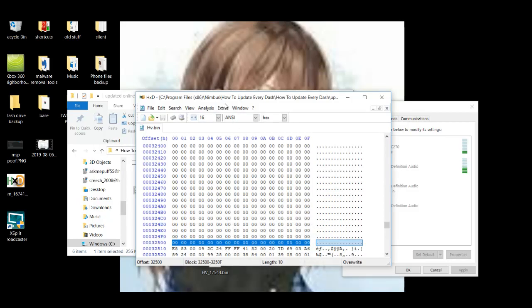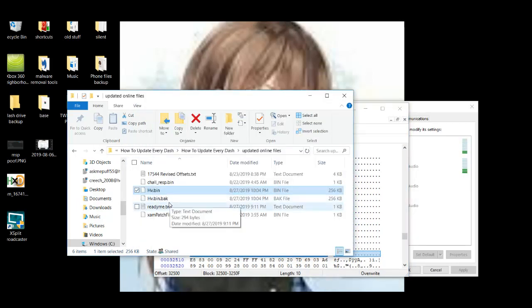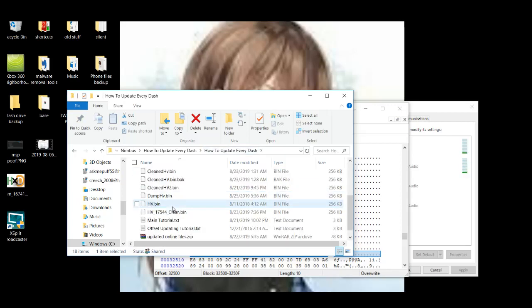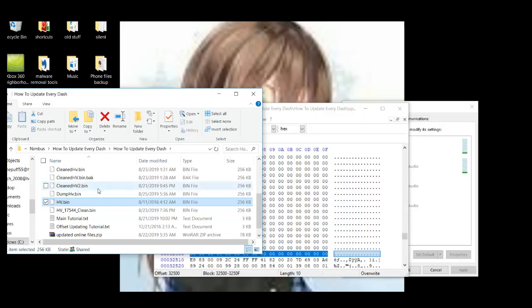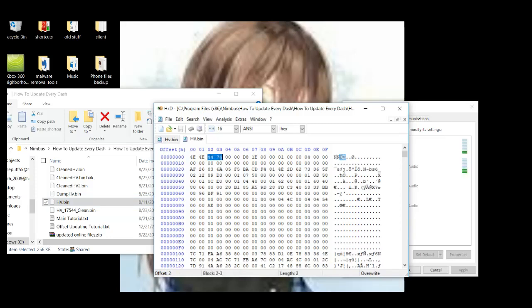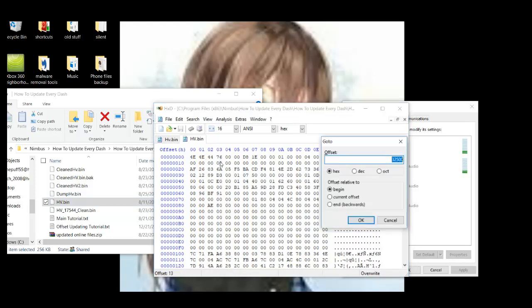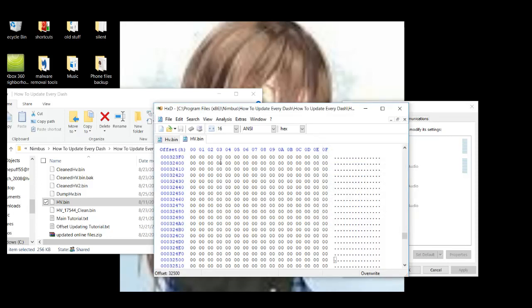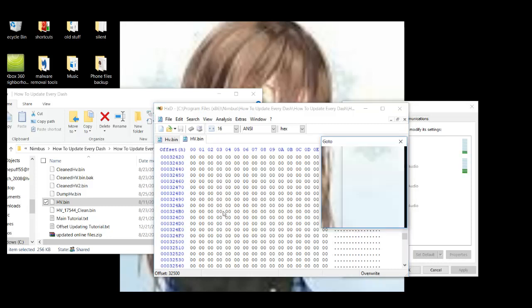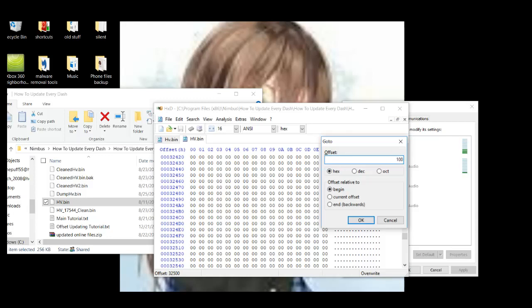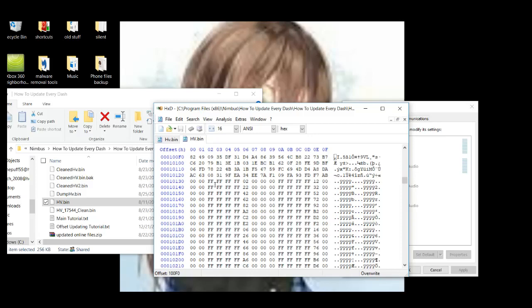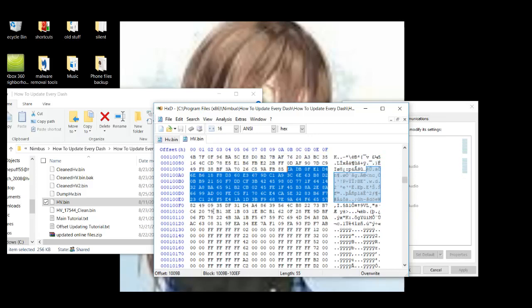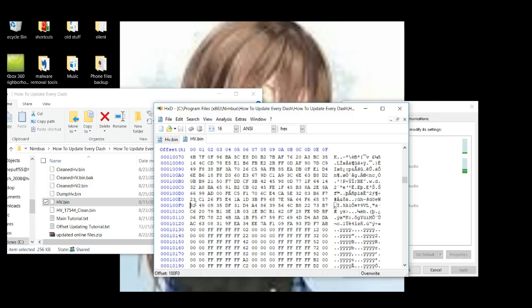So we're going to do just that. I'm going to do an old one. Here we go, here's an old one. This one's 7.6. All right, so Control G, just because I'm curious. Oh yeah, that's an old one. All right, Control G, 100F0. All right, this is the old one. This right here is the encryption key for